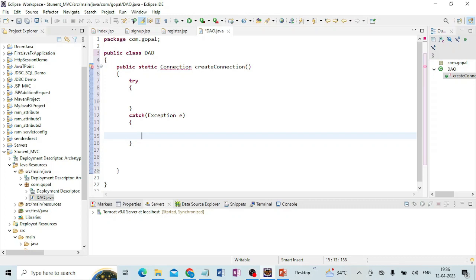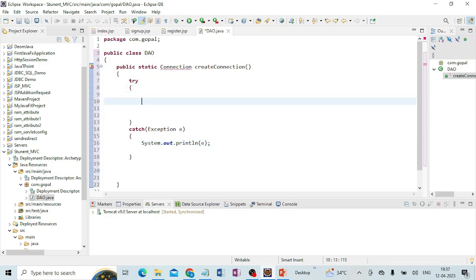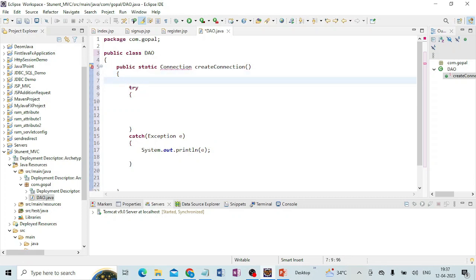Here, if any exception comes, it displays the exception. So I am writing System.out.println exception E. Now here I am going to create the connection. Before that I am doing one thing. Now I am going to write Connection con is null. Now in try catch I am going to write here